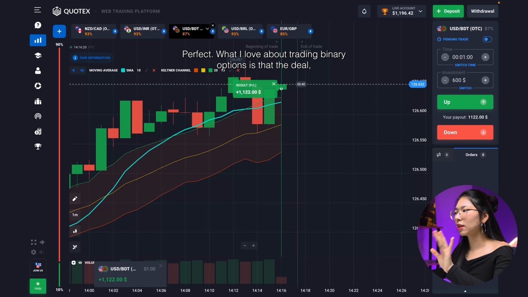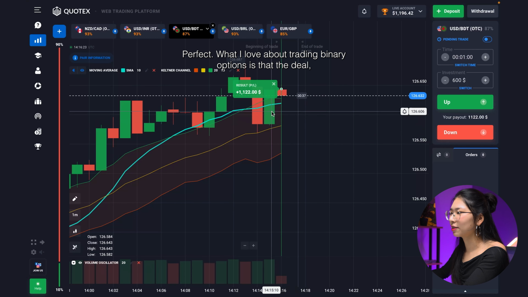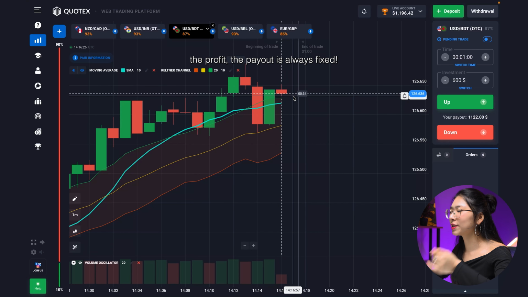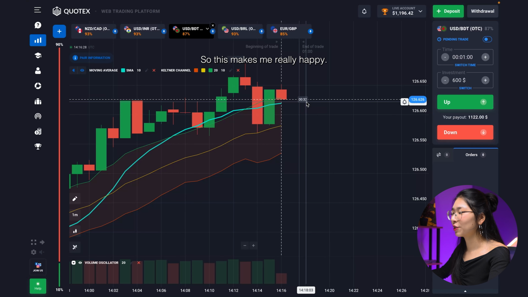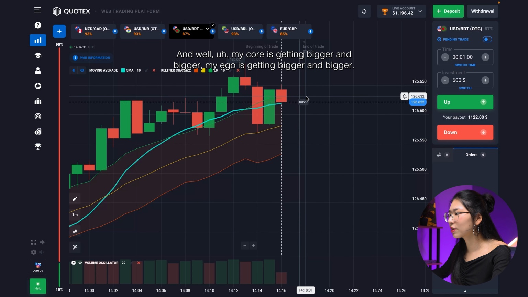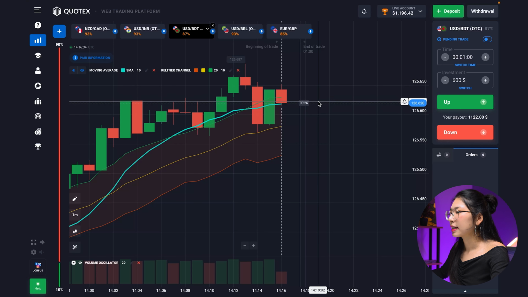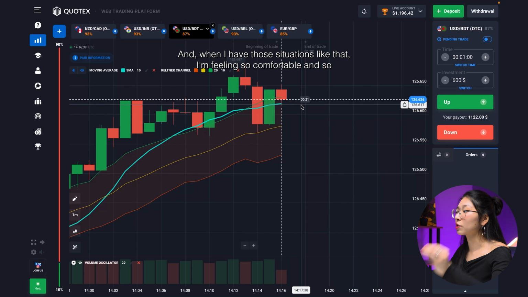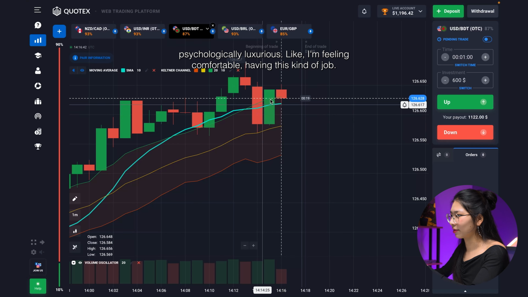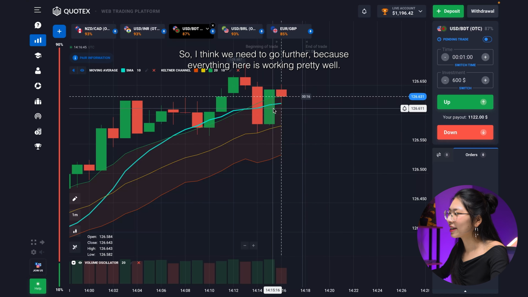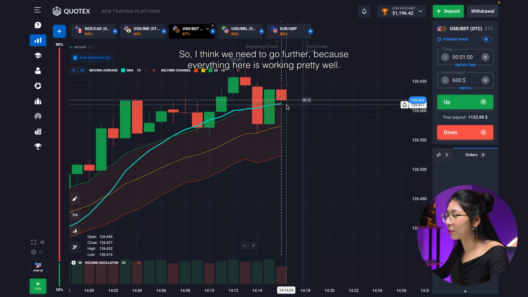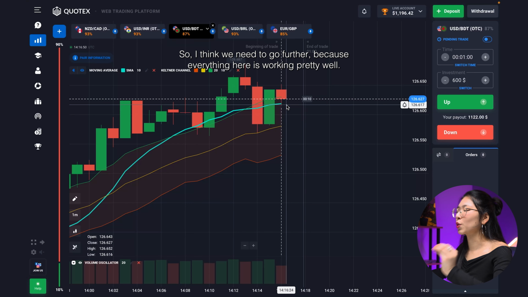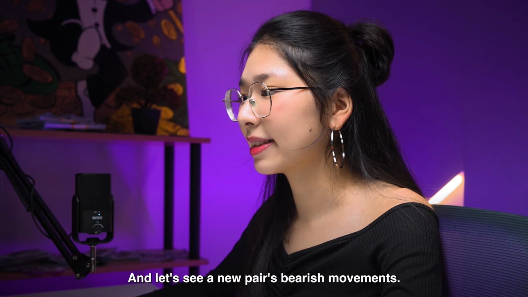Perfect, guys. What I love about rising button options is that the deal, the profit, the payout is always fixed. This makes me really happy, and well guys, my core is getting bigger and bigger. So I'm feeling so comfortable and so psychologically luxurious, feeling comfortable having this kind of job. So I think that we need to go further because everything here is working pretty well, and let's see new